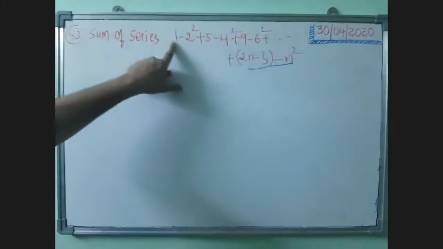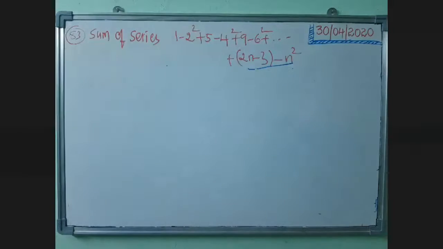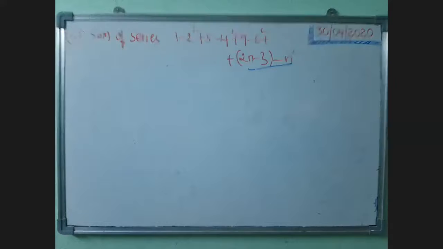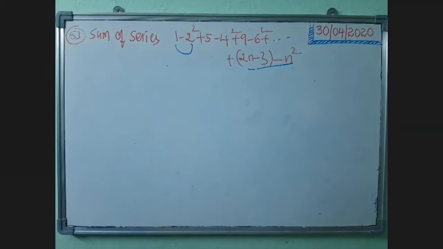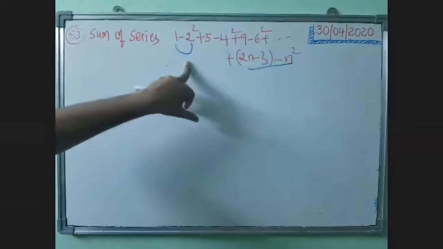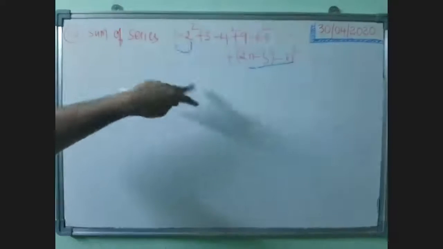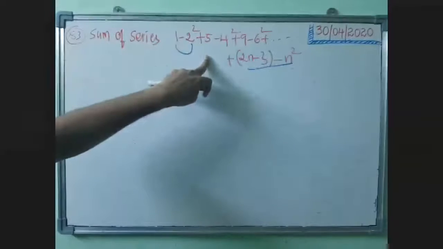But the first term is actually 1, the second term is minus 2 square. That means if you add these two terms, 1 minus 4, what is 1 minus 4? Minus 3. That means when you add two terms, the answer should be minus 3. You should keep this in mind, because if you add one term, there is nothing in adding one term. You are adding nothing, you are just taking that term. Minimum addition should be done for 2 or 3 terms. So if you add two terms, 1 minus 4 becomes minus 3.